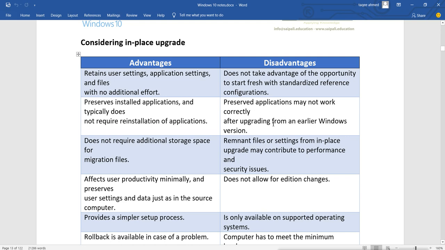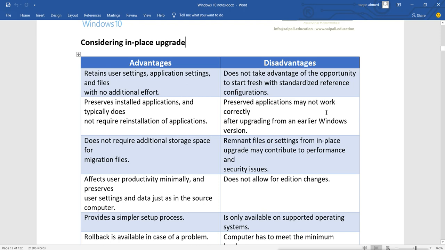For example, if you are using Windows 7 and there is an application on Windows 7, when you upgrade to Windows 10 using the in-place upgrade, maybe the application will remain there, but it may not work properly because the Windows 7 architecture is completely different from Windows 10, and even Windows 8.